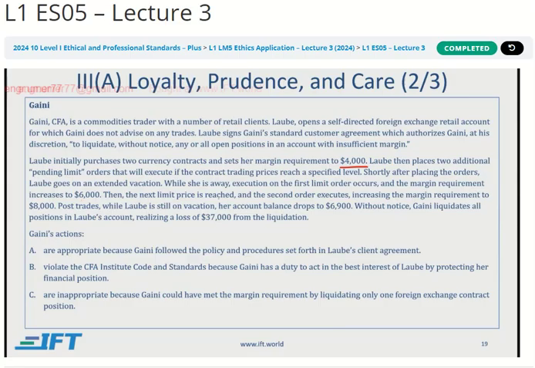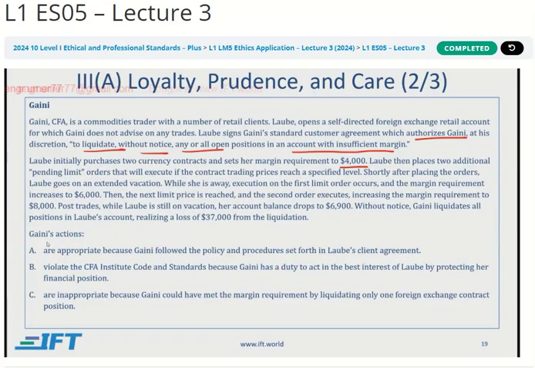Then the next limit price is reached and the second order executes, increasing the margin requirement to 8,000. Post trades, while Laube is still on vacation, her account balance drops to 6,900. Without notice, Gayani liquidates all positions in Laube's account, realizing a loss of 37,000 from the liquidation.